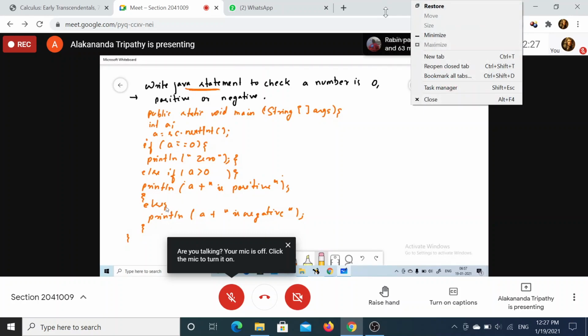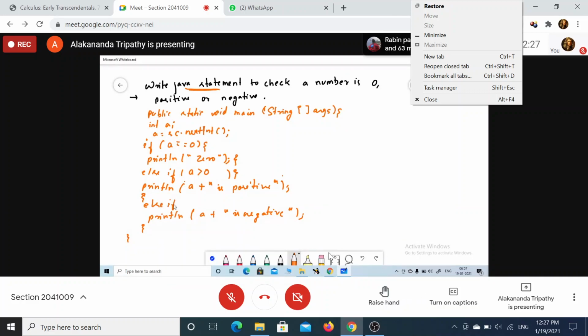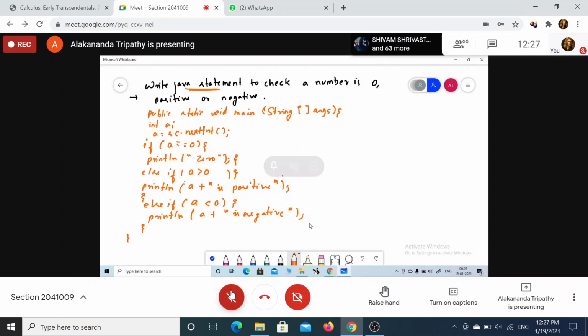So instead of else here, I can also write in this manner. Else if A less than 0, then what will it be? Yes, ma'am. And then another else, invalid. You need to go for another else, but you can stop here in programming. Okay. Okay, ma'am. Over. How can we do it with multiple if, nested if? Nested if.